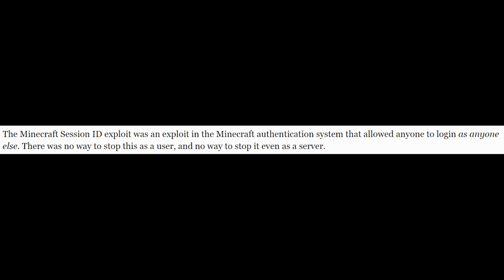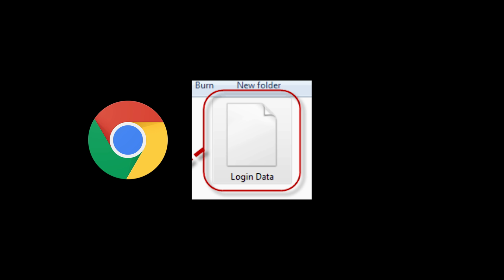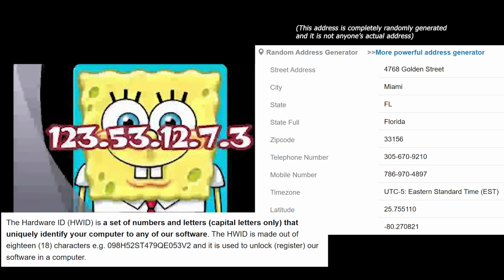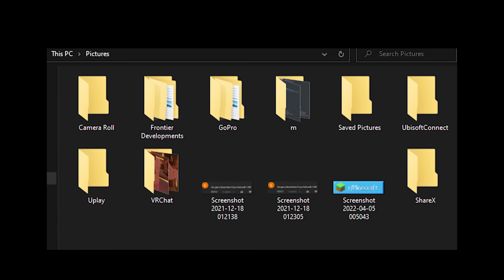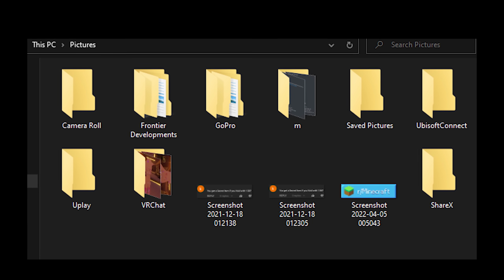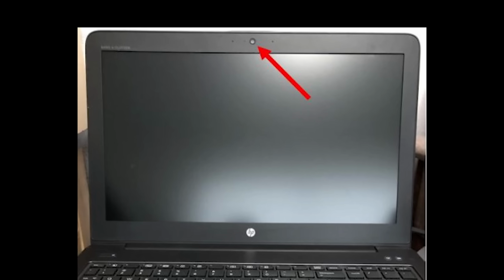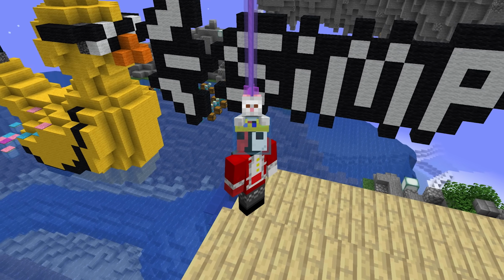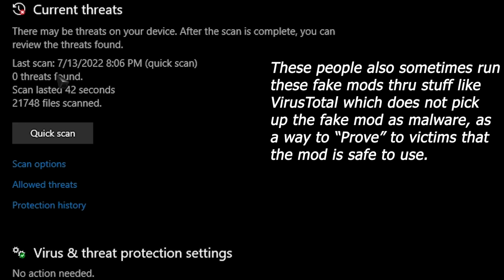And it can get pretty scary. This could include session IDs, all Chrome passwords and information, Discord tokens, your IP and your home address and hardware information, and could even do things like take all the screenshots and images you have stored on your computer, or taking pictures and videos from your webcam, which gets used for blackmailing the victim. There's really no limit to what can be done here, and Windows Defender or any antivirus will never pick up